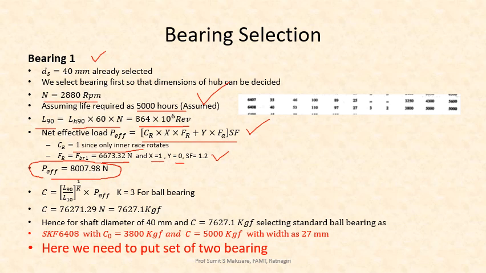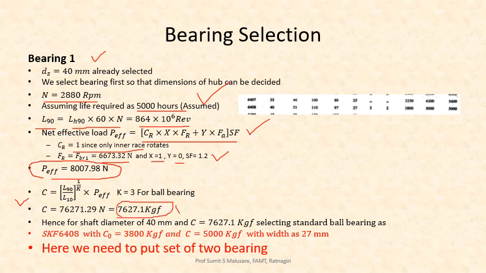8007.98 newtons. Now from the formula of dynamic load carrying capacity, C is equal to (L90 upon L10) raised to the power of 1 upon K, into P effective. Now for considering the ball bearing, we have to consider K is equal to 3. So finally dynamic load carrying capacity comes out to be